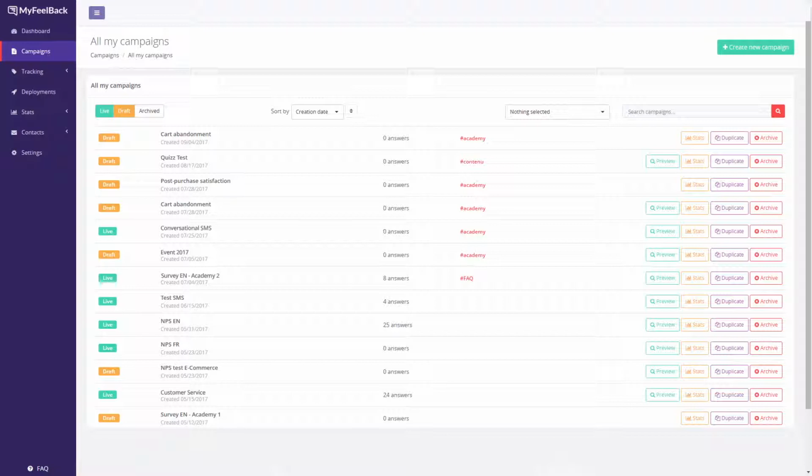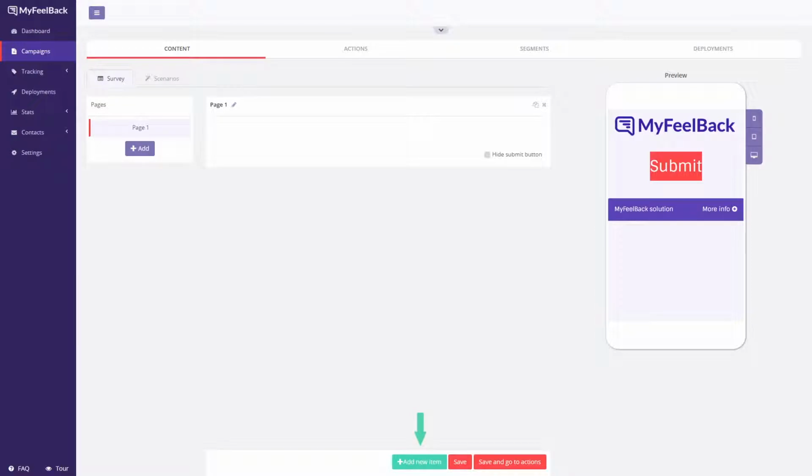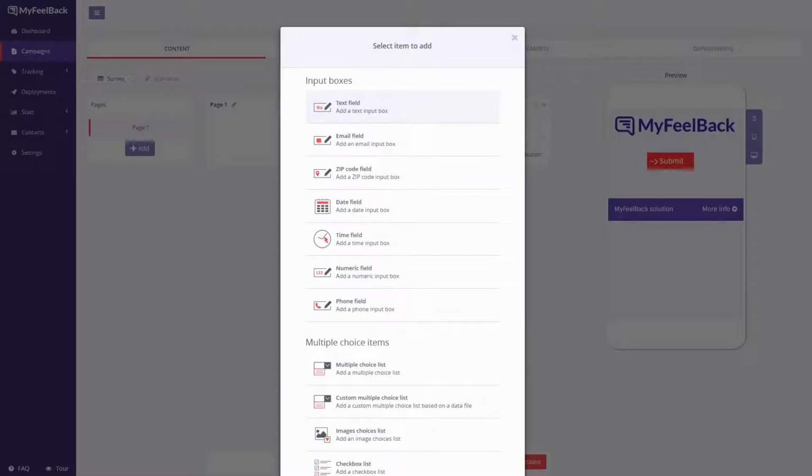To add and set up an input box, open an existing campaign or create a new one. You can choose a model or create a campaign from scratch. Now click on Add New Item. Several input boxes can be used, such as a text field, an email field, a zip code, a date and time